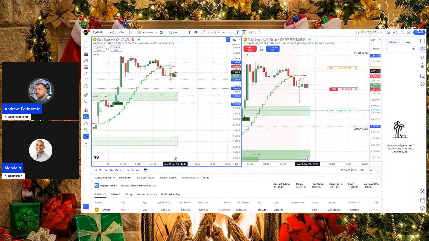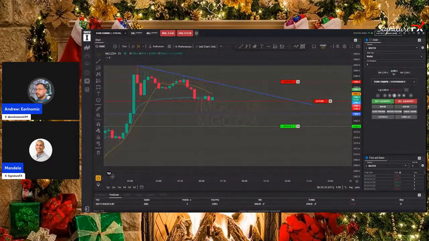I'm unsure, to be honest. What I would say is favorable is we have tested down here, so we have got room to move. This will act as some sort of resistance here. We've got to stop above that. So we'll see how this plays out, but it's painfully slow at the moment.